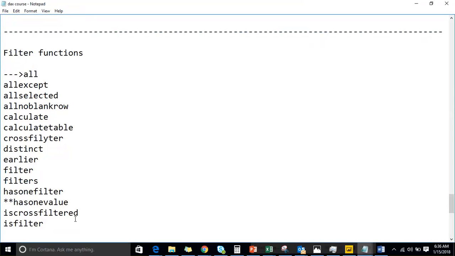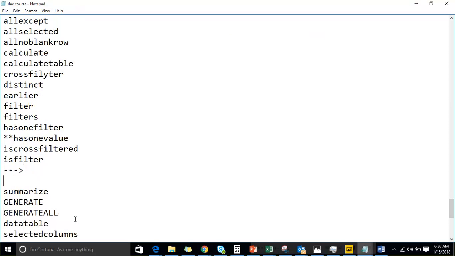So we need to hold on to things. USERELATIONSHIP is part of the filter functions, and we are going to have a discussion on it. So I'll accept ALLSELECTED, ALLNOBLANKROW, CALCULATE. Is there a COMPUTE function, seriously? I feel I didn't have that function. I don't know about the COMPUTE function, but yes, we have the USERELATIONSHIP function,